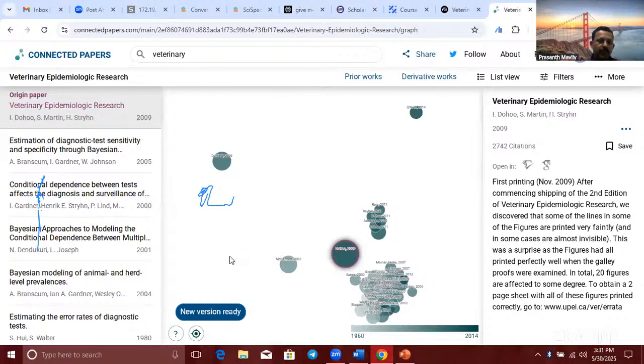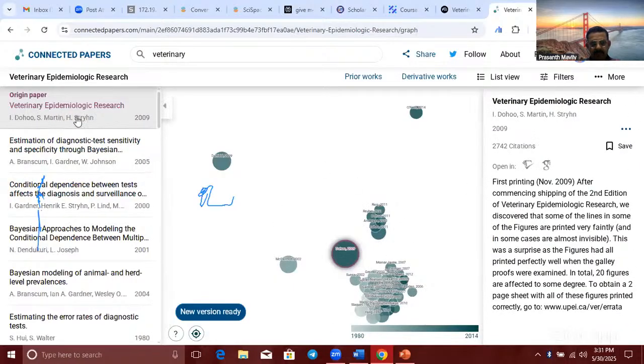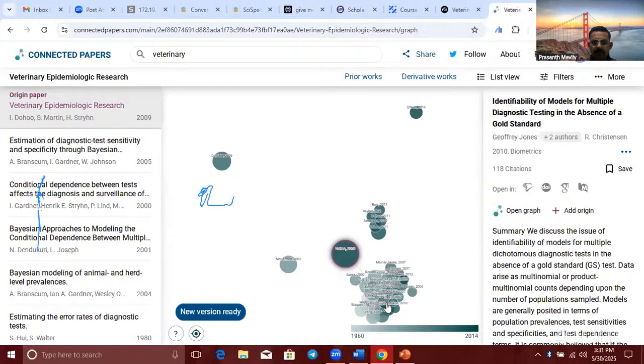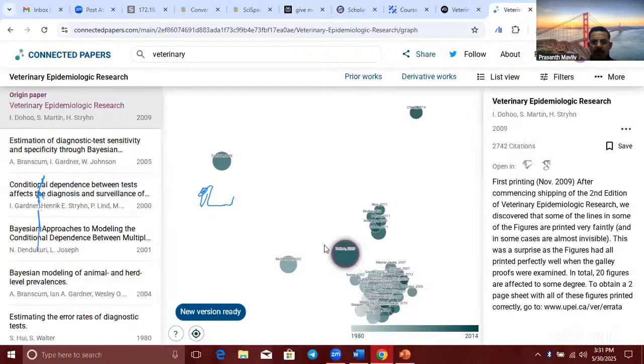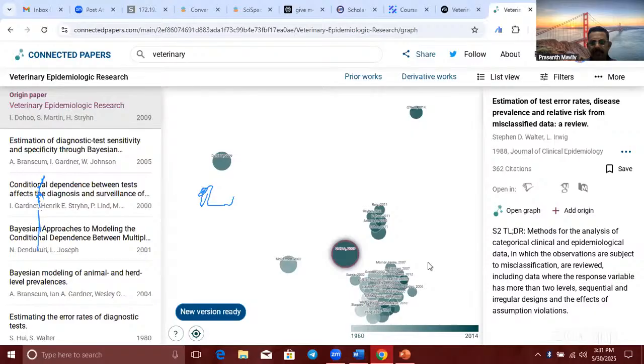Suppose you are doing a literature review, you will find some core articles related to your research. You can put it over here, then you will get the related articles at a glance. So the original paper is Veterinary Epidemiologic Research, and you got this graph within seconds. And how to read the graph, I have told you like this.